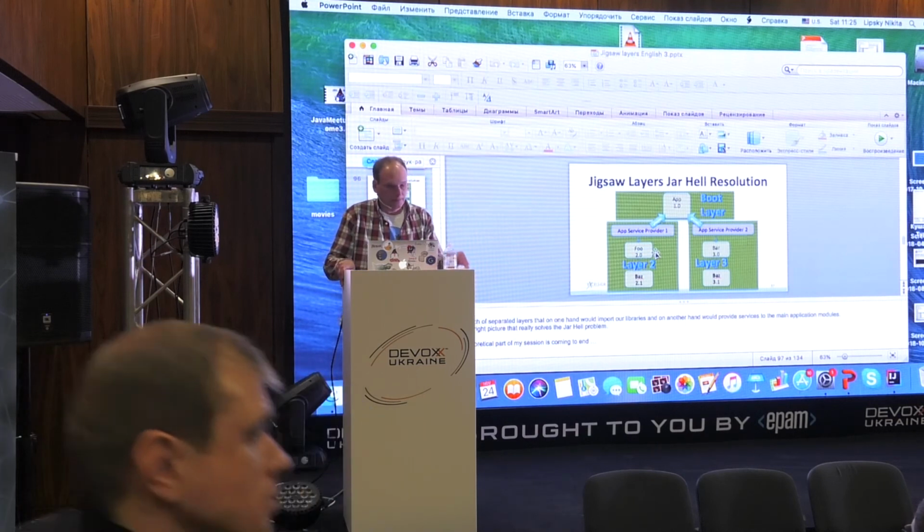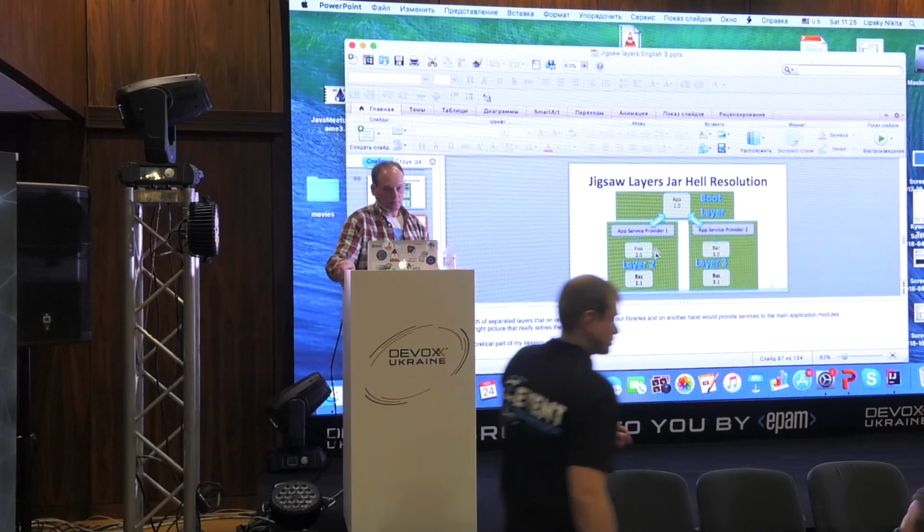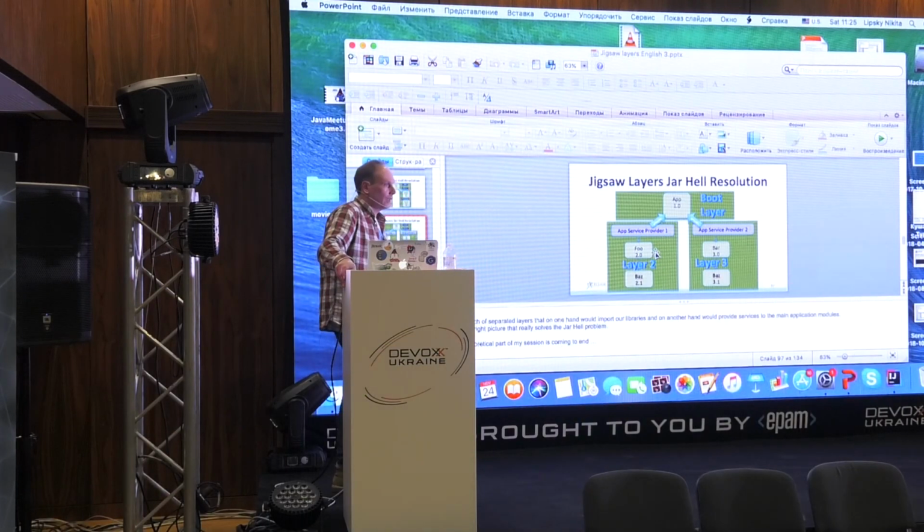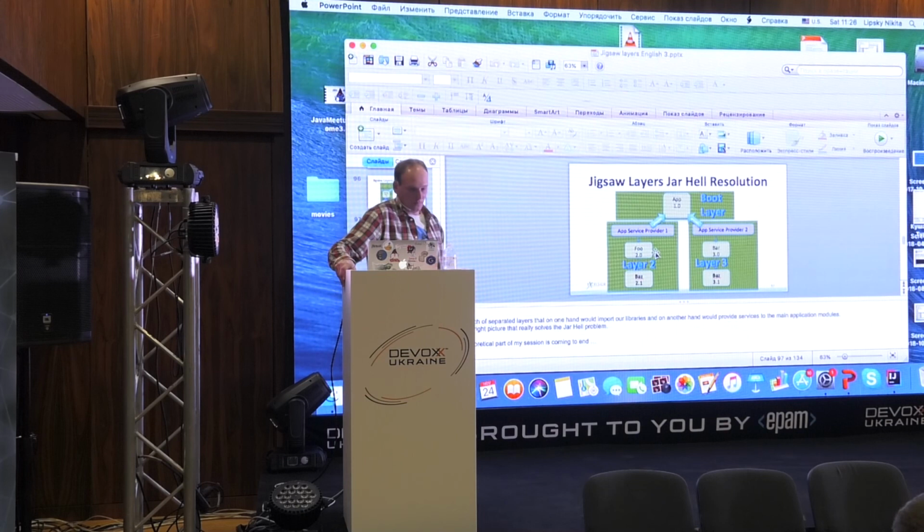Some other questions? My question is about the real world. What is happening with our RAM memory in real applications when we have 2 or 5 or more separate class loaders which load the same classes, which in Java is not a small amount of resources? So what is happening with the application when we have triple or more loading of the same classes?